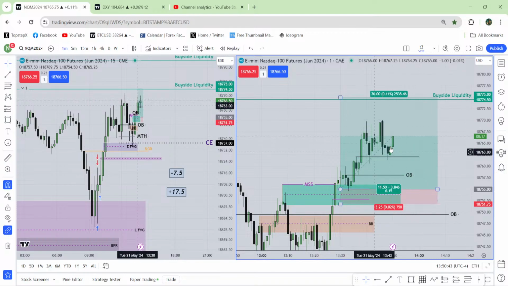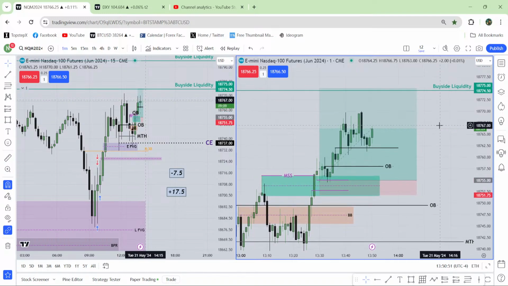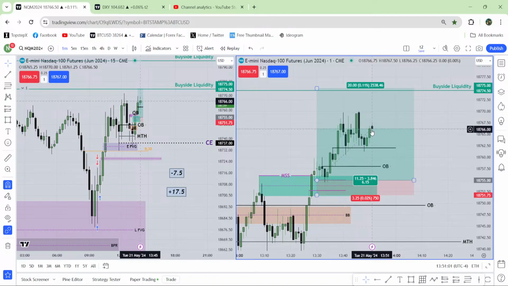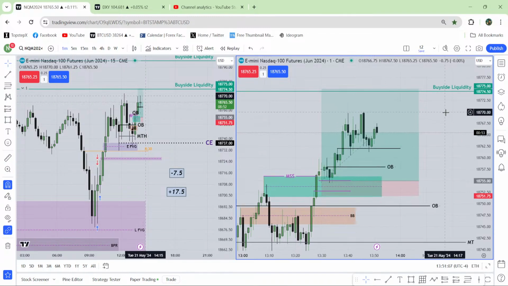Just don't think that the market has done its job. It is going to take that buy side liquidity. It is going to give me the boom. That's for sure. I don't know if I'll be stopped out beforehand or not, but it is going to take that buy side liquidity. The only reason it is spending time is because of the macro. Right now this is the macro time, so the market is in the macro. That is the only reason the market is spending time. So keep that in your mind.